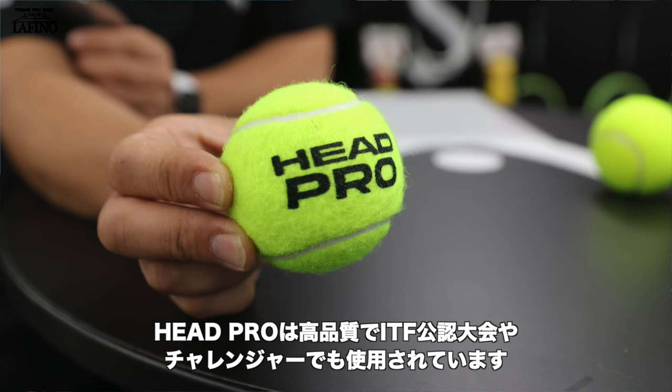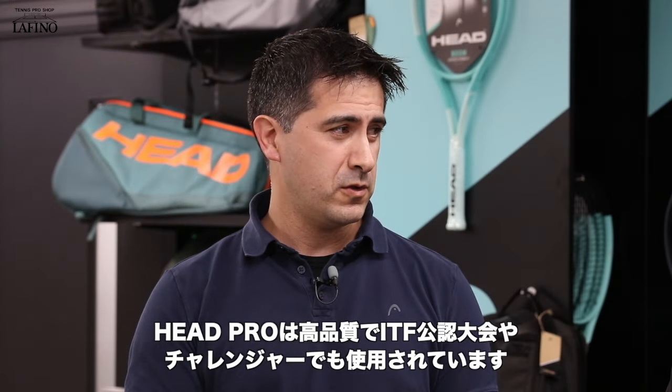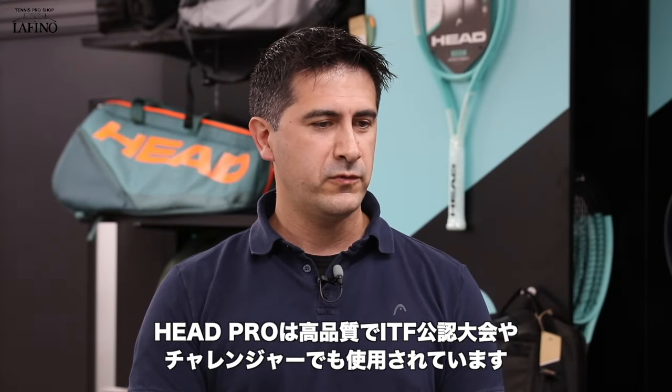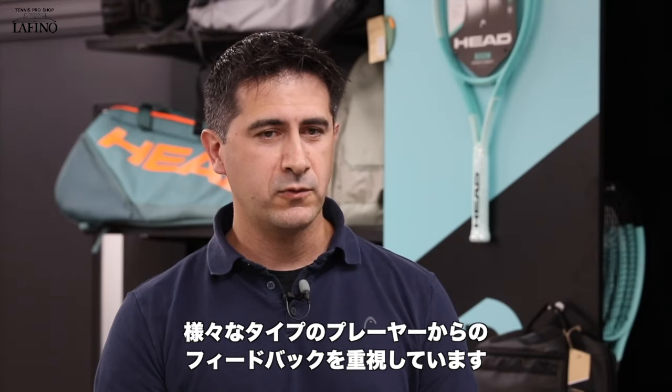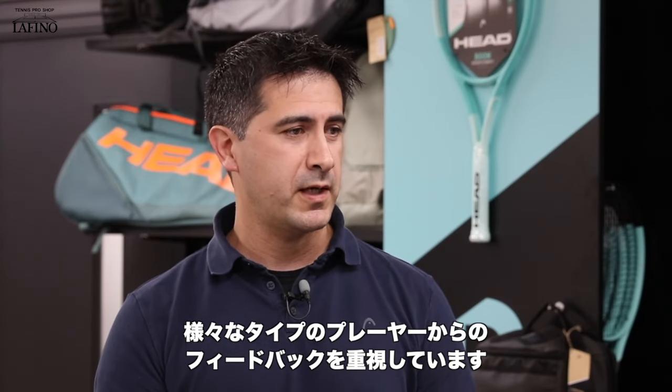So it's used in matches too. Used in tournaments as well. Yes, Head Pro is a good ball also for tournaments because it's durable, it's a little faster, it's good for tournaments, let's say at the ITF level maybe or some challengers. So in Japan it's positioned as a practice ball, but overseas a high-quality ball used in matches is adopted in Japan, and of course the price is kept down. Good quality. Yeah, absolutely. It's very important to get the feedback from every type of player actually, not only from the pros,